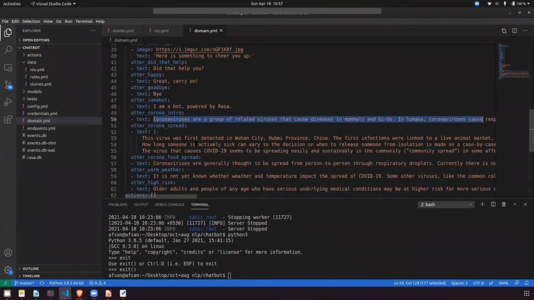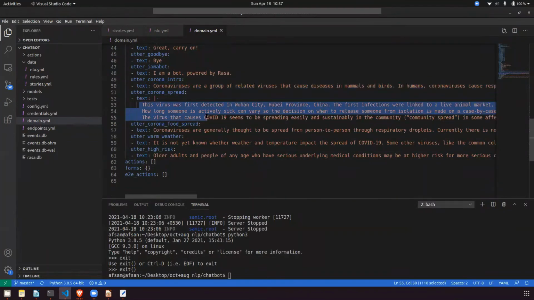So for this you have to look at a lot of websites. You have to look for WHO. A lot of research is required to get the answer because your bot should be accurate and it should give you all the information. Domain expertise is required for this, to know what people can ask and what you should give. If it's a medical thing, then what medicine should I take or what precautions should I take?